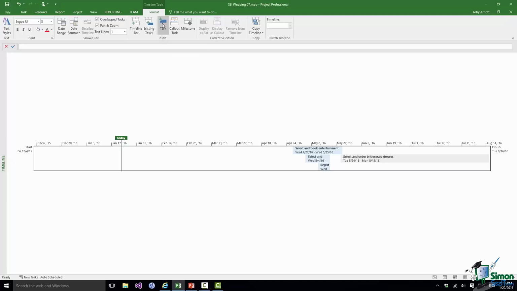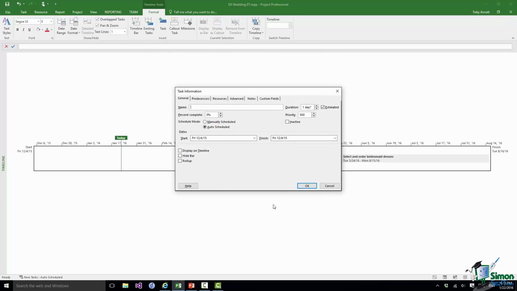So if I wanted to add a task now, the details come up. I can fill in the task information dialog as normal, and when I click on OK, it would appear on the timeline and in my project schedule as well. Now, of course, for it to appear in the right place in the project schedule, I may have to set dependencies, I may have to set a start date and so on. But I can certainly enter the details of the task and have it added to both the schedule and the